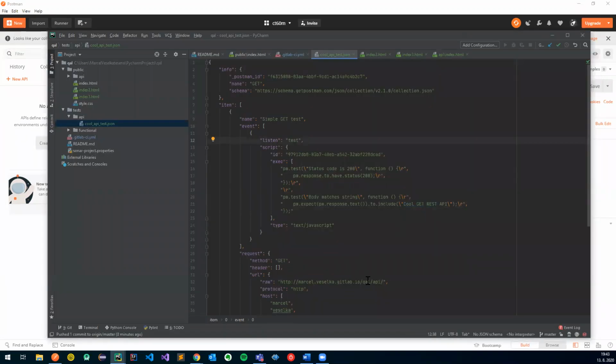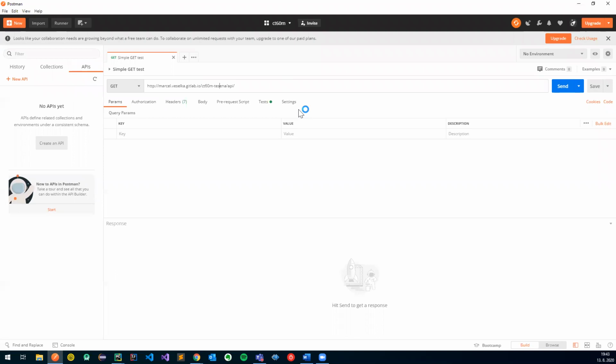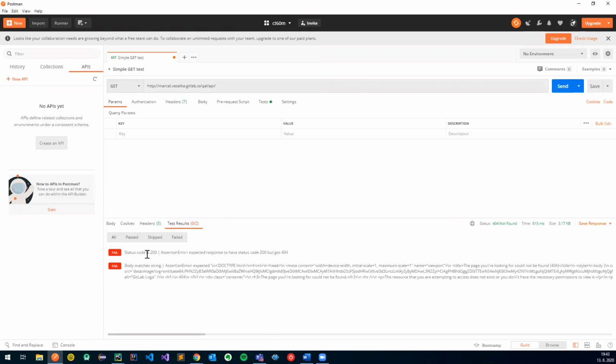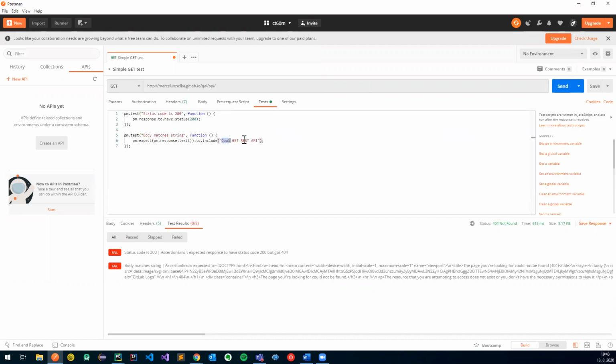and my test is requesting this specific URL, which is defined here. I change it to the QAL, and then once I send the request, there are two tests. One is a status code 200, and the other one is whether there is a response. Cool get test, and you might notice that it's failing,